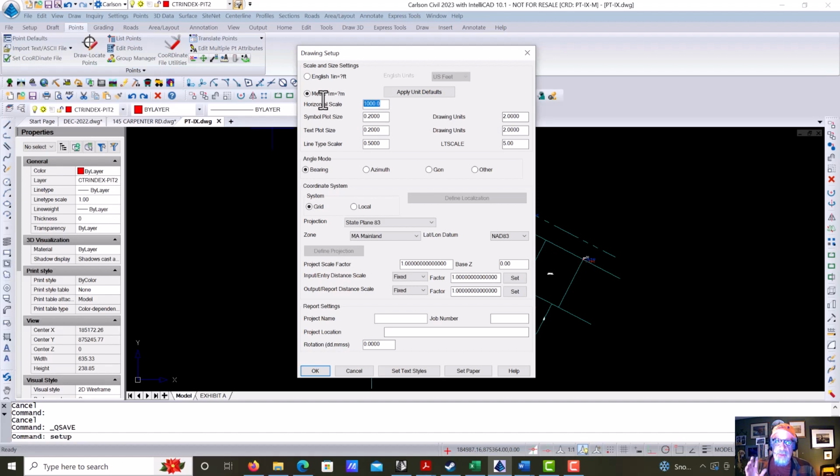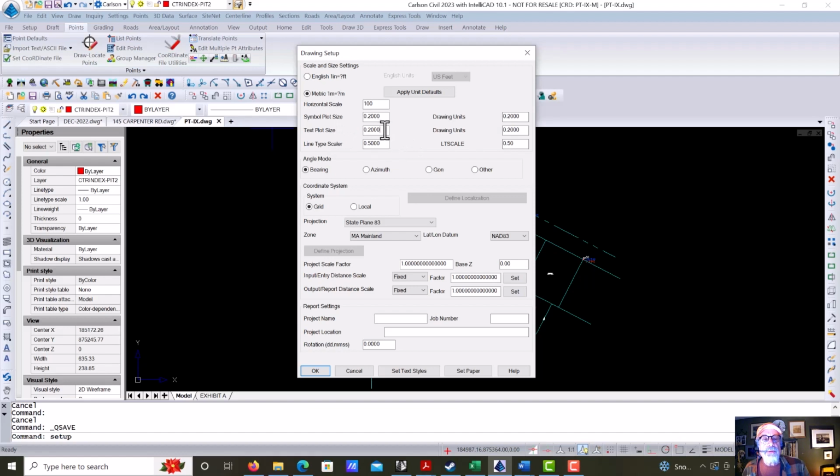Now, if you work in all metric, you know all that. If you work all imperial, you don't. But if you got to work in both, it takes a little practice because it's a whole different mindset. Okay, so we're going to go with, let's go with like 100 metric,